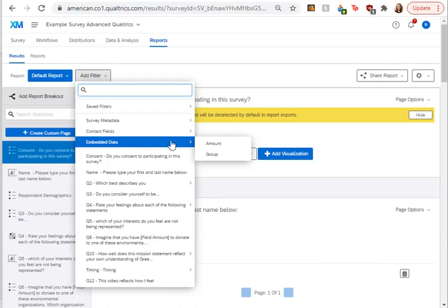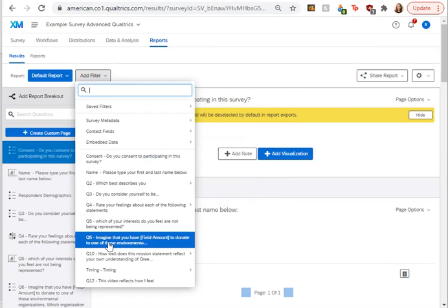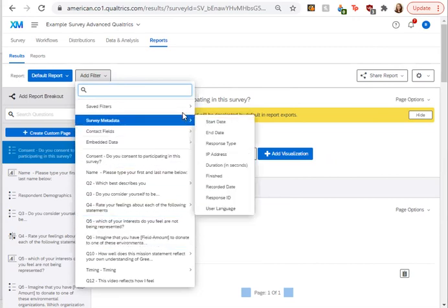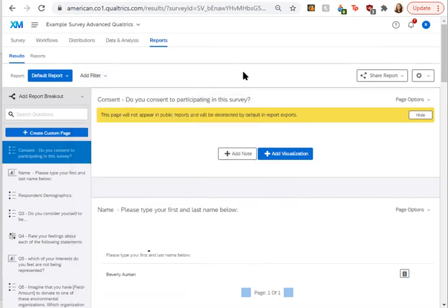If I want to separate the people that were assigned 50 versus 500 and see how the rest of the report was different for them, I can do that here. So it's just options for creating different reports easily if you want to break out your report. Again, if you're done with the filter, make sure you take it off and delete it, or it will stay there and all of your results will be filtered. So remember, if you're done with the filter, please take it off.